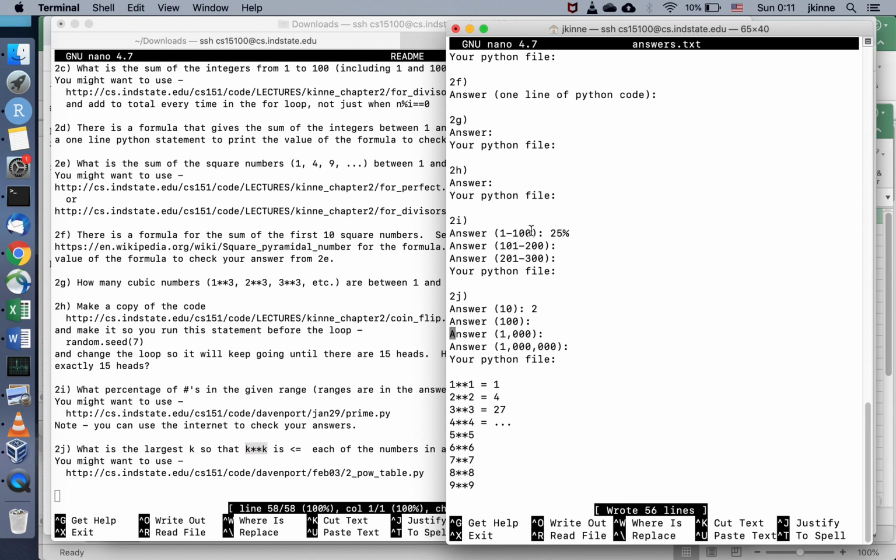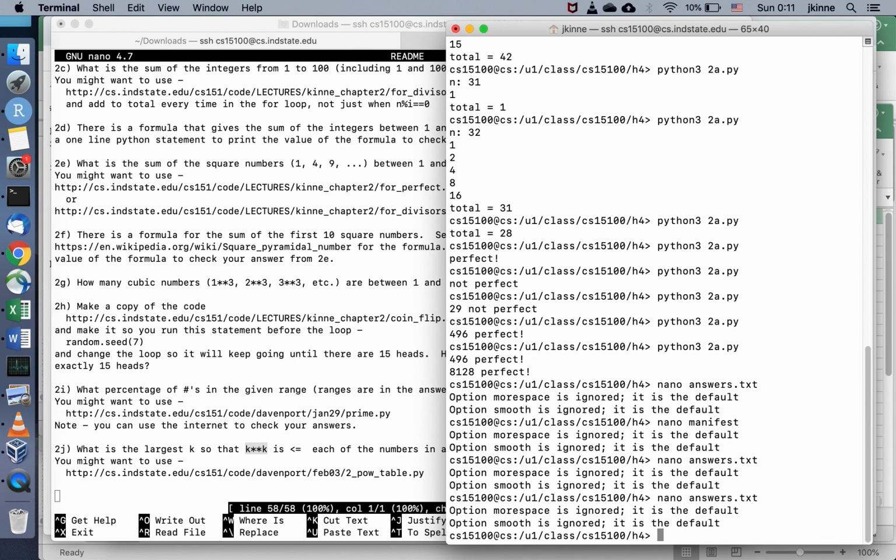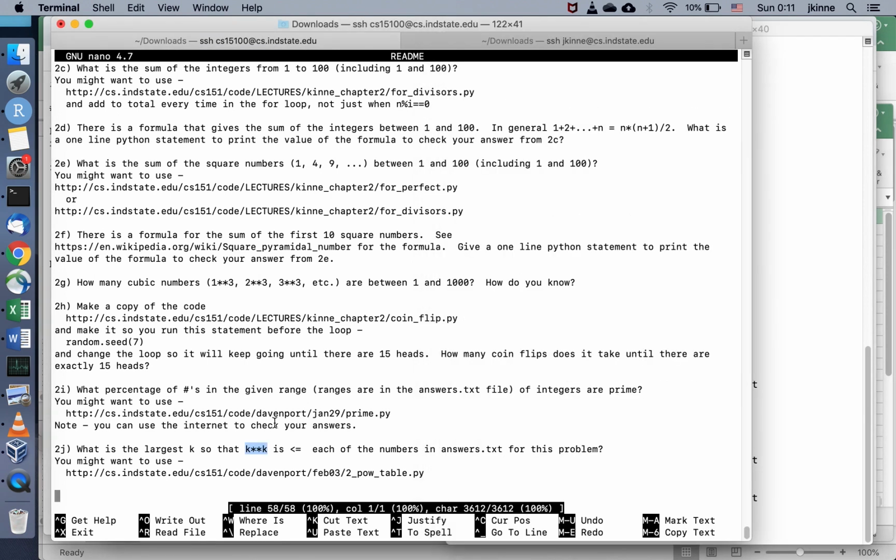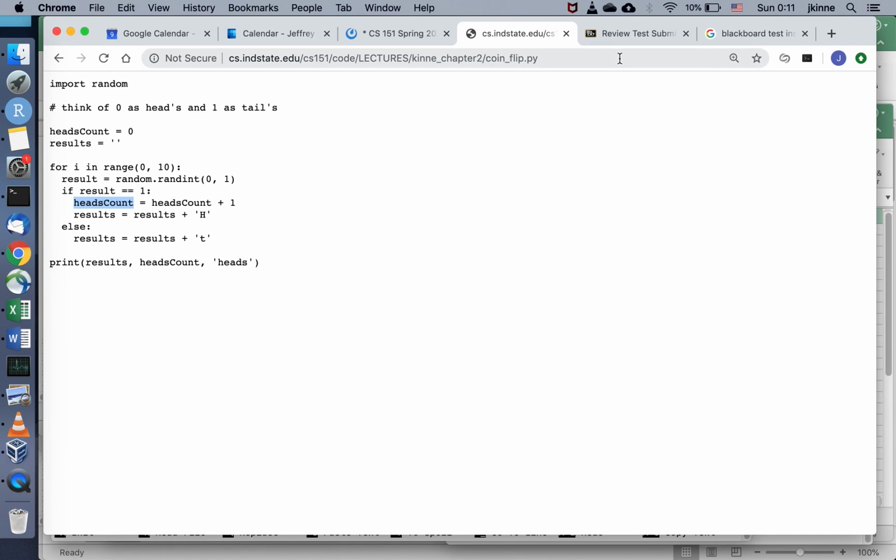You can even ask me if your answers are correct, that's fine. And you have to have code to back it up, or it's not worth anything. And I don't want you looking for code. This is the code that you can use. Don't search. This would be considered, I'll give you a 0 and flag you for cheating with the university